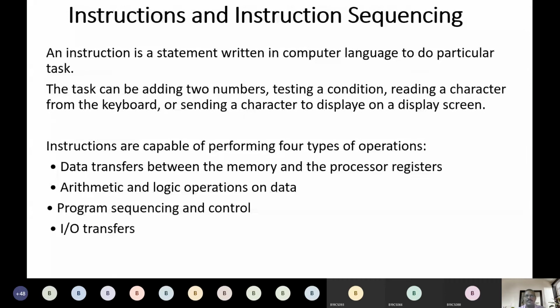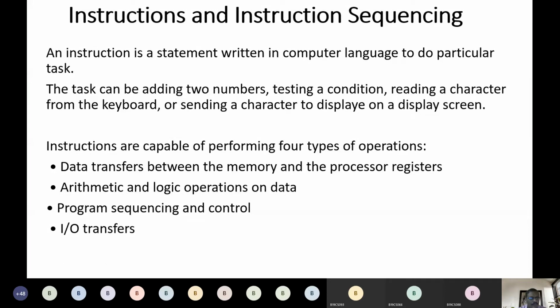Okay, the next topic is instructions and instruction sequencing, wherein you can see what an instruction is. We already know an instruction is a statement written in computer language. An example of a computer language is C. It may be C or Java or another language, and this instruction does a particular task.